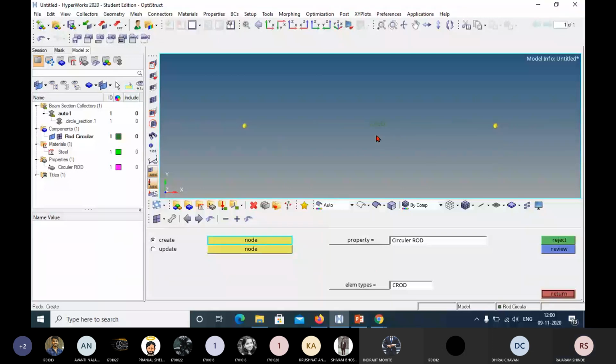Is it visible? C rod, whether it is visible or not. Kunal Patil, is it visible? Kunal Patil: No, sir. For me, no, sir. It is okay. I will change the color. Now it is.